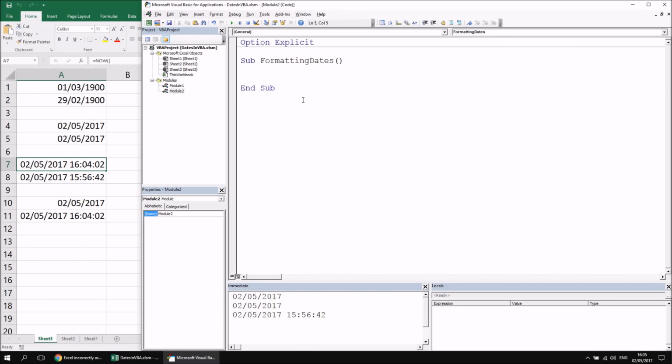Just for convenience, I'm going to declare a variable to hold today's date, so I'm going to say dim dt as date, and then say dt equals date, which will give me, of course, today's date. What I can do at that point is create a brand new worksheet, so I'm going to say worksheets.add, and then I'm going to set the values of a few cells to be equal to the results of formatted versions of today's date. So let's start with range A1, so I'm going to say range A1.value equals,